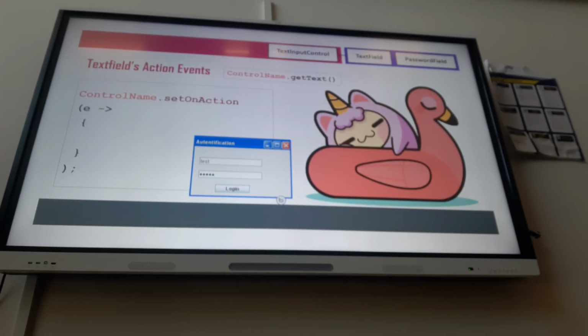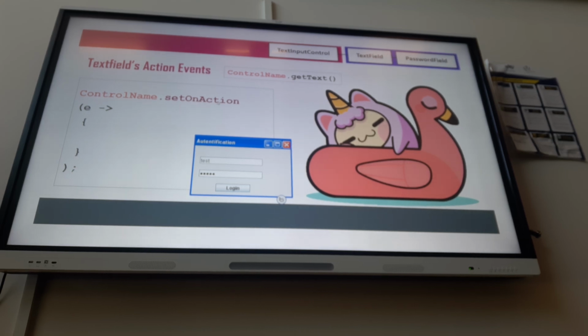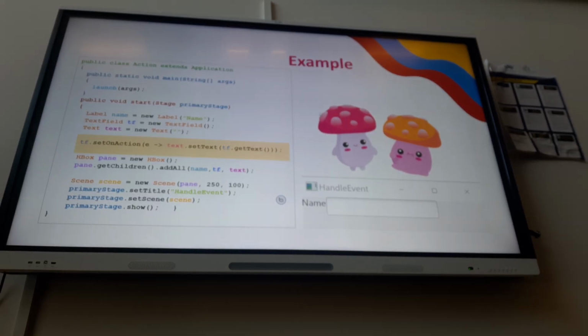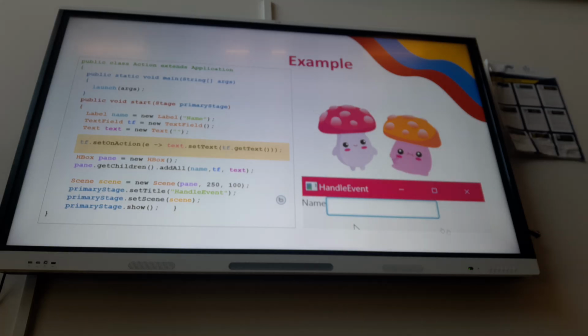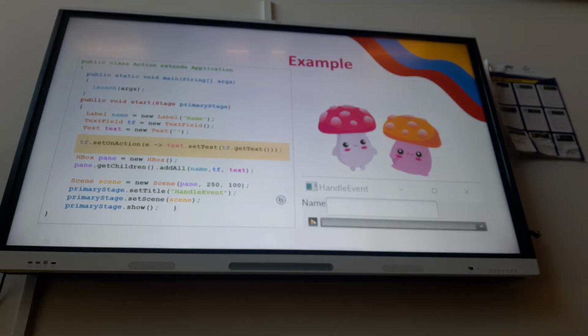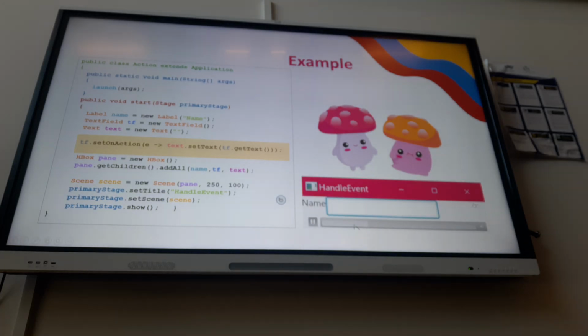What is the model used here? Lambda. Lambda, exactly. So set on action indicates an action event that's being fired and handled. The way it's handled is simply using the lambda expression. So it is taken mostly from input fields. So this is simply a text field, two text fields, and a single button. Alright. So in this example, you need to input here something, and once you press enter, it's written usually in this empty